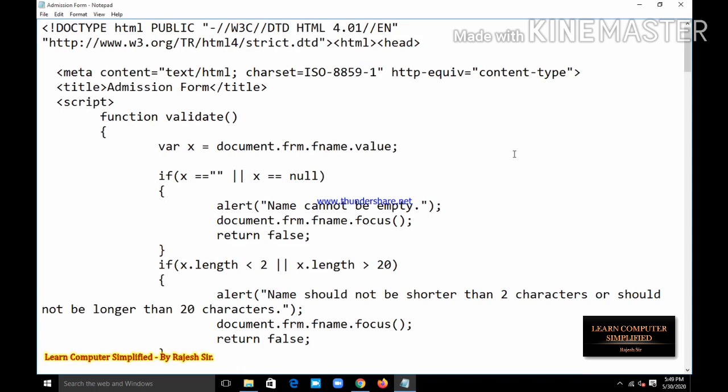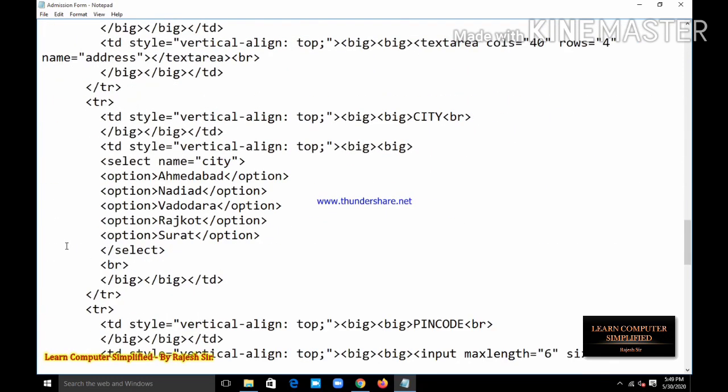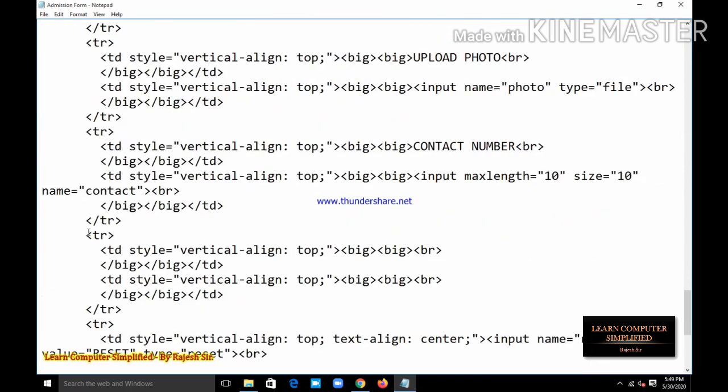Here I have validated only the first name. Now I am validating the pin code, so I create a new variable over here, variable y, that contains document.frm.pin.value, where pin is my control name here.